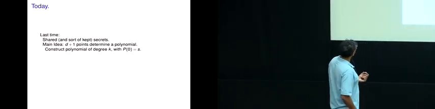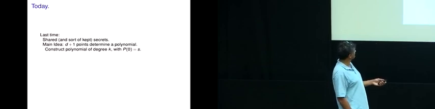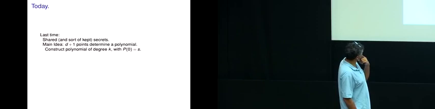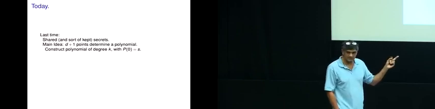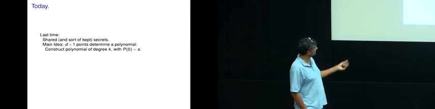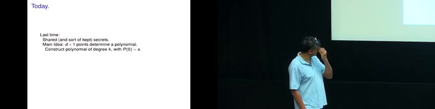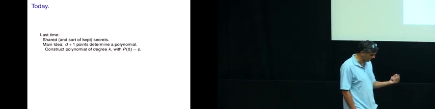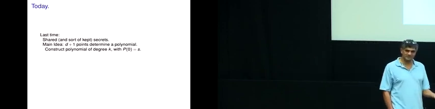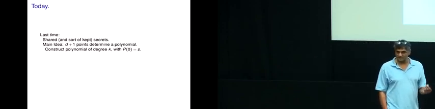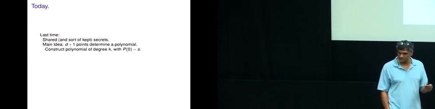So it should be k minus 1. But if you construct a polynomial of degree k minus 1 where the value at 0 of the polynomial is the secret, or in other words, a0, the lowest coefficient, is the secret,